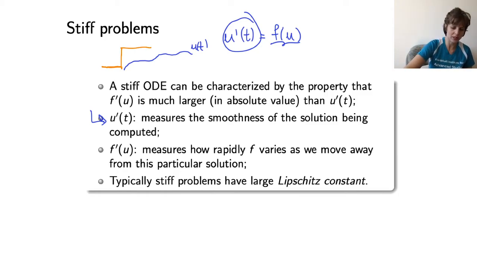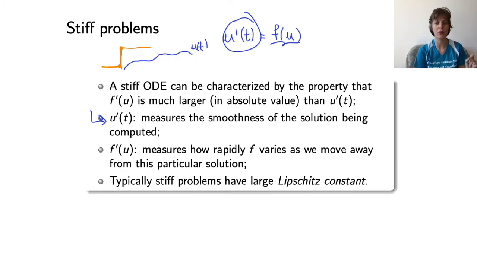So this point is like this, and then jumps to another point. So it's like some steep slope. So U prime measures the smoothness of the computed solution, and F prime measures how rapidly F varies